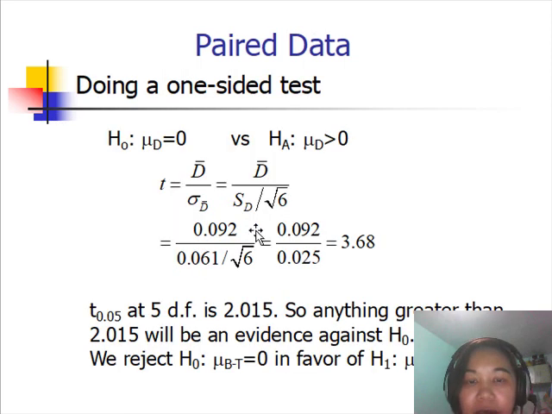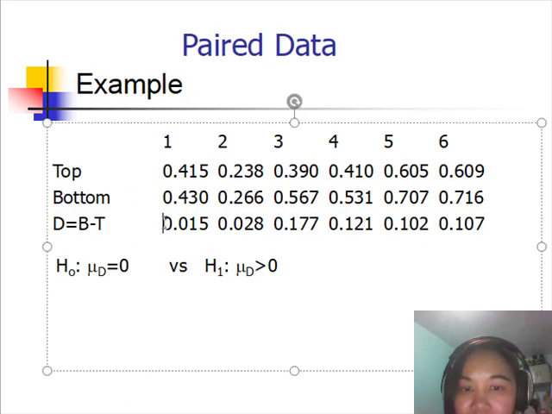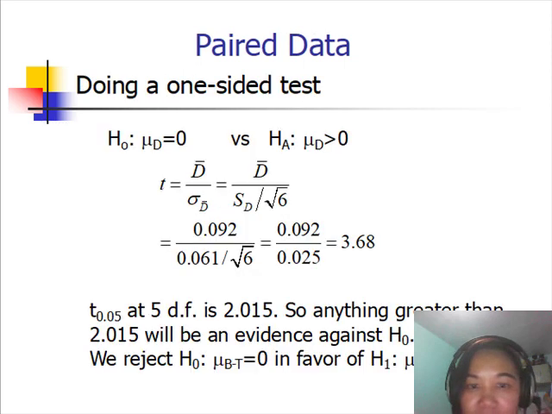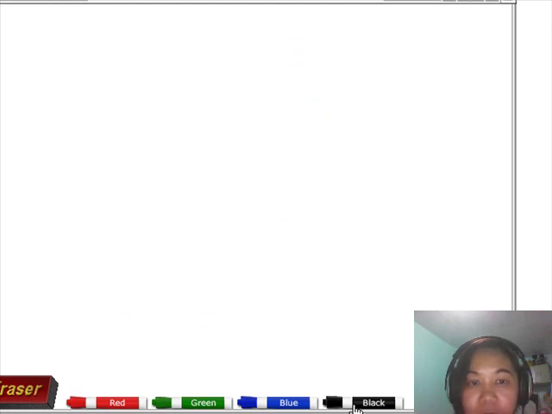Okay, so to solve for the t calculated, D bar is the mean of the differences. So just get the mean of these differences. That is your D bar, and you can solve that one on your own. You will get 0.092. Okay, this is the standard deviation, or the S sub D. If you could still recall your formula for the standard deviation, it's basically the square root of